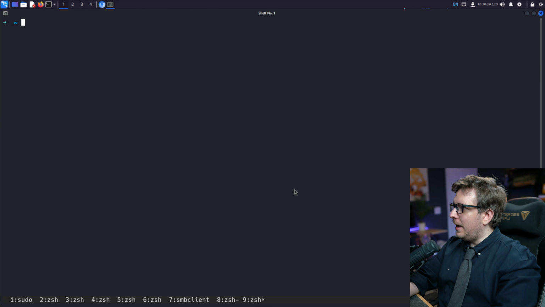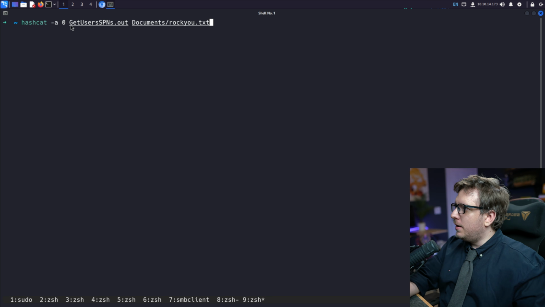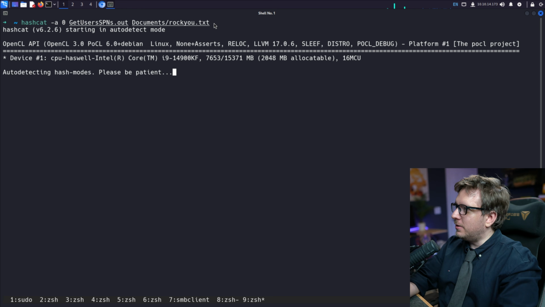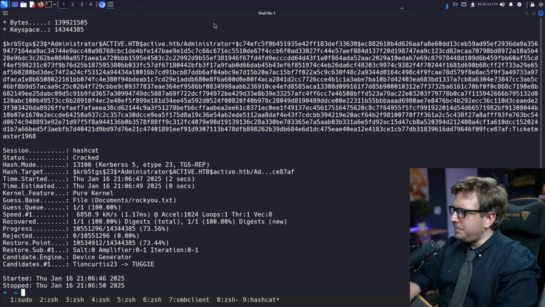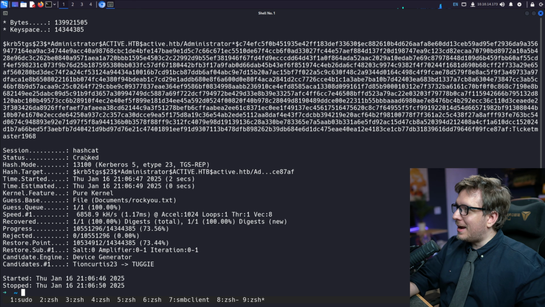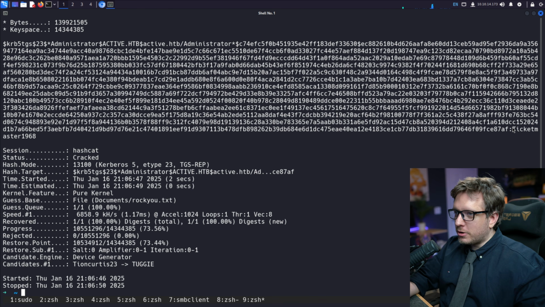So now that we know that, let's go ahead and open up a new window, and we have that file. And now we can start crafting our hashcat command for this file. So let's go hashcat. We use the -a 0 with that file, and I'm going to run it through the rockyou.txt file and see if that can output us anything. And in this case, there it goes. So it cracked it. And here is that hash, that ticket, the Kerberoasting ticket that we were trying to crack. And there is the password,